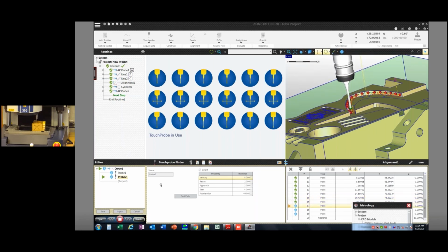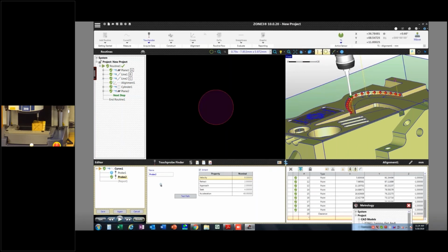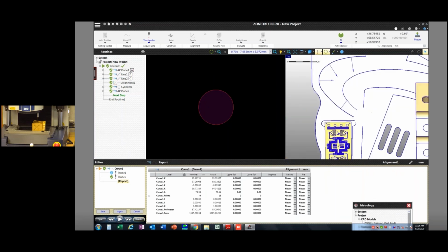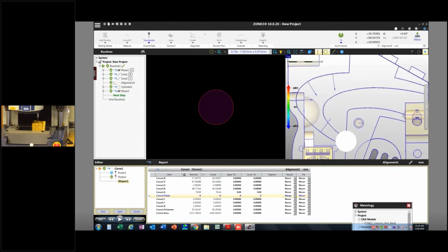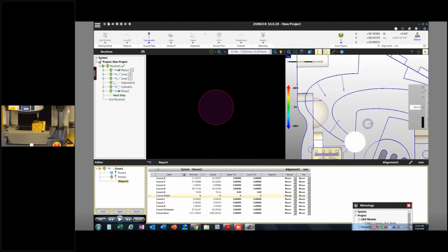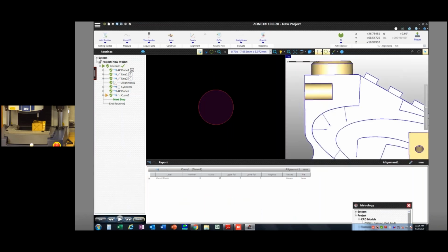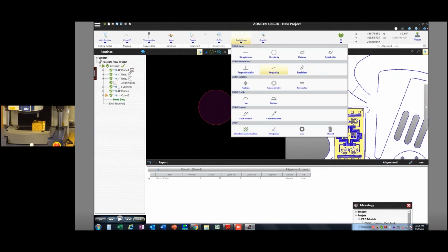If I wanted to measure this as a 3D surface rather than a 2D curve, I could copy this curve down in Z or up in Z every millimeter, depending upon how much real estate I have, and then have a bunch of these curves, and then I could construct them into a profile of the surface and get a good value there. What's really nice about this too is, if I look at the points that I just measured here in my top view, it gives me some indication about how this thing is behaving. Maybe not. I have to do this in the profile. So if I do a profile of a line here now,